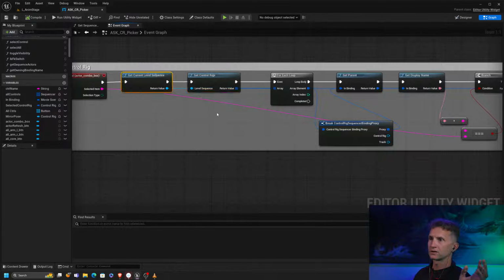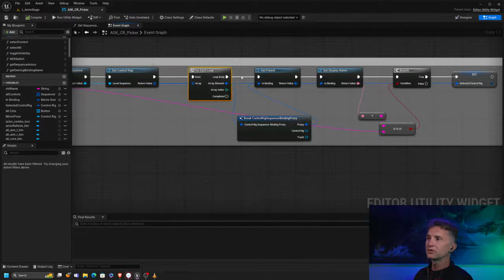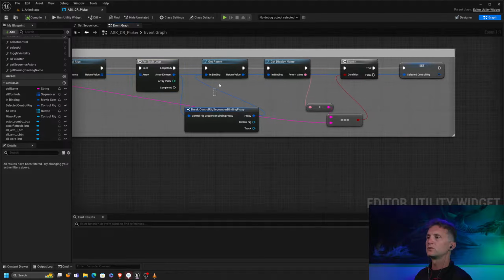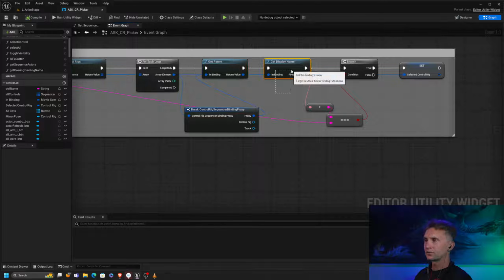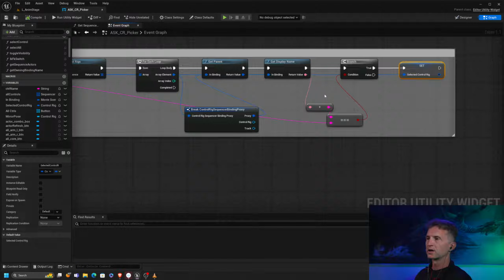So it gets the current level, gets the control rigs, and then it goes through each of the control rigs. This is what this for each loop does. For each control rig in the level sequence, I'm going to get the parent, I'm going to get the display name, and then based on the branch, I'm going to set the selected control rig. Now, this is still technically working, I think, because the parent of the control rig is itself, and so the display name is equal. But if you wanted to make it work for yours, or kind of like what we're doing right now,